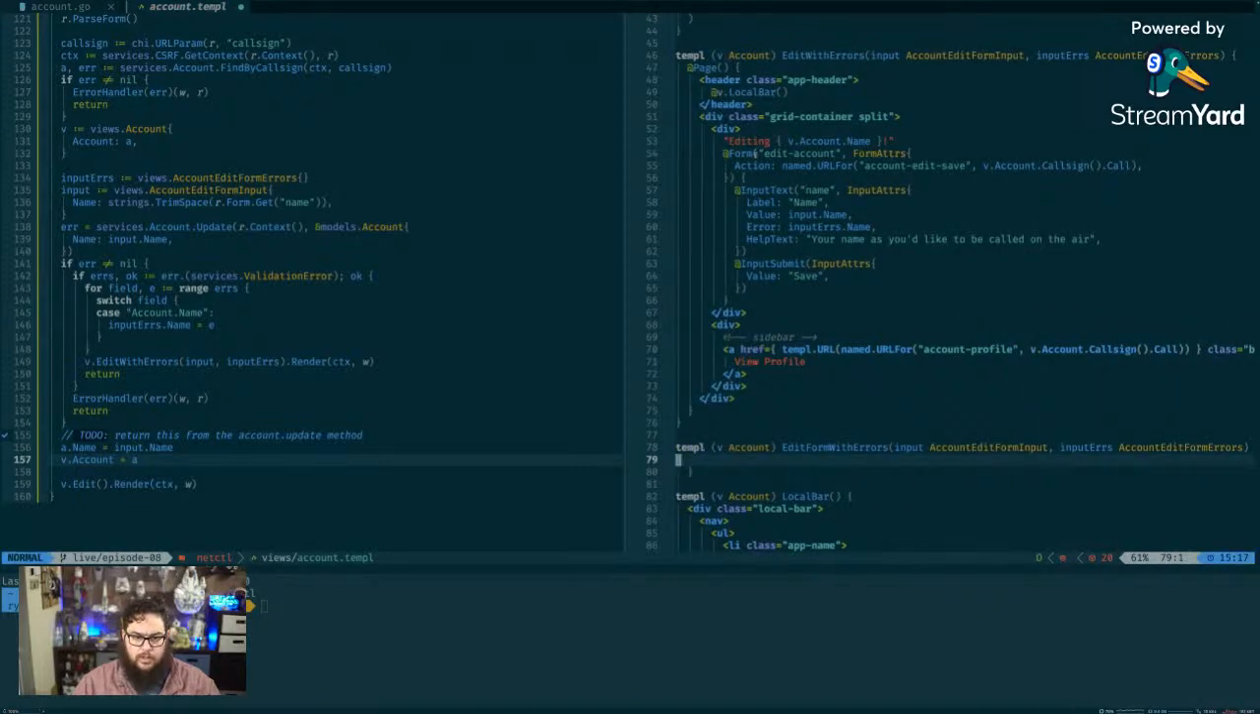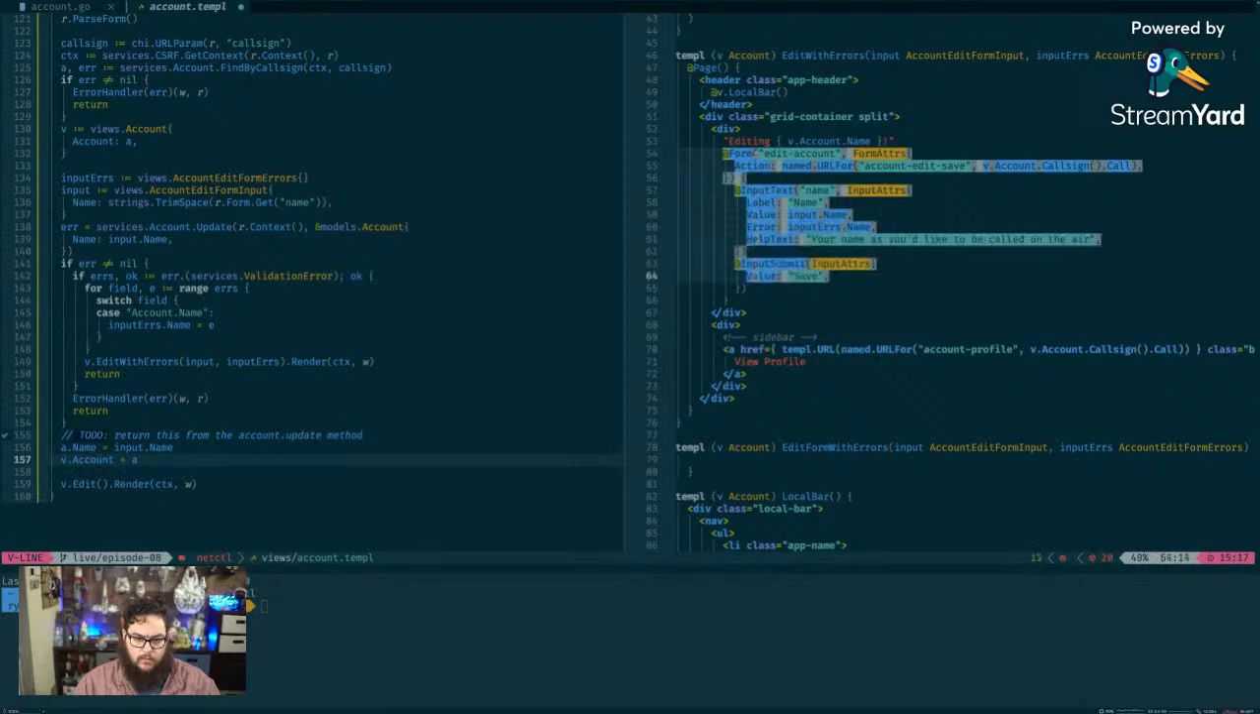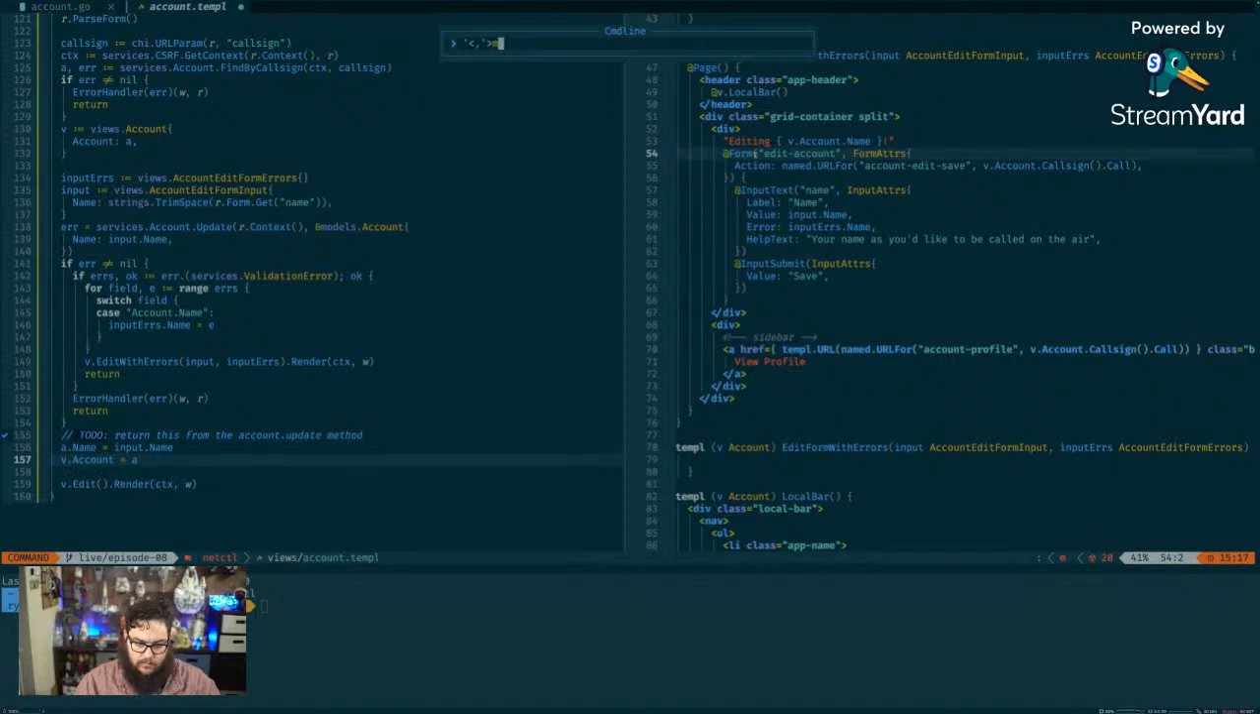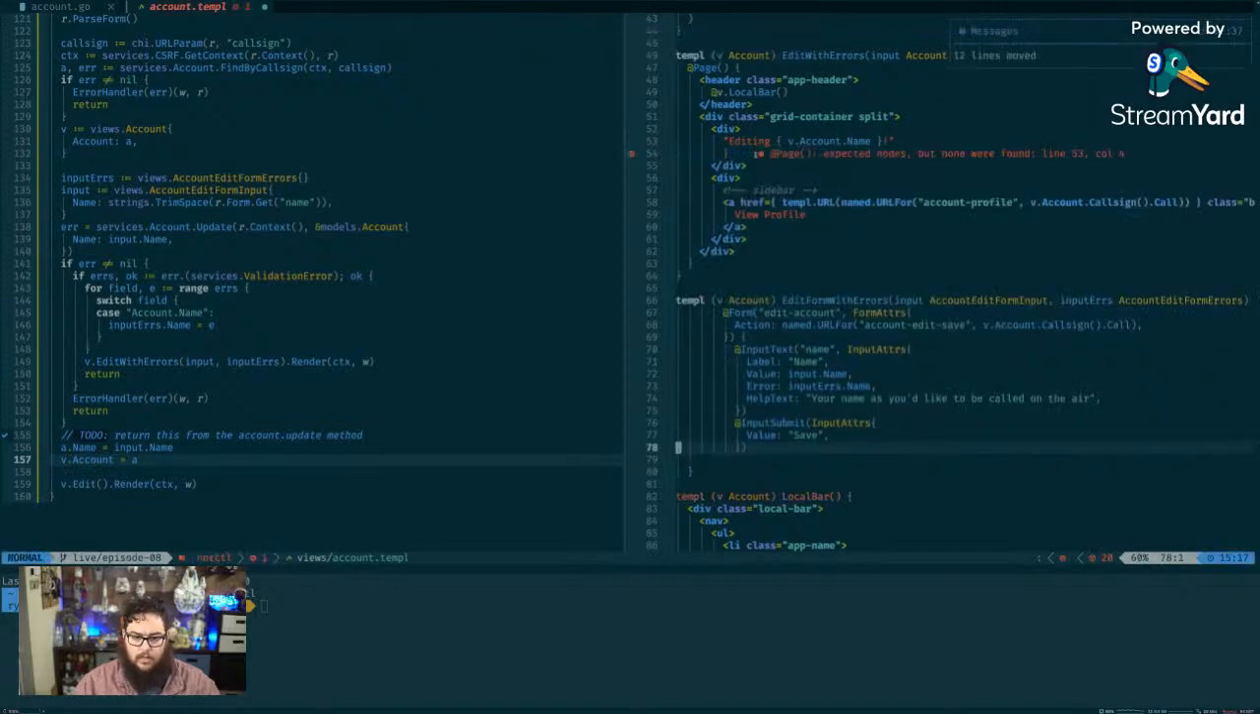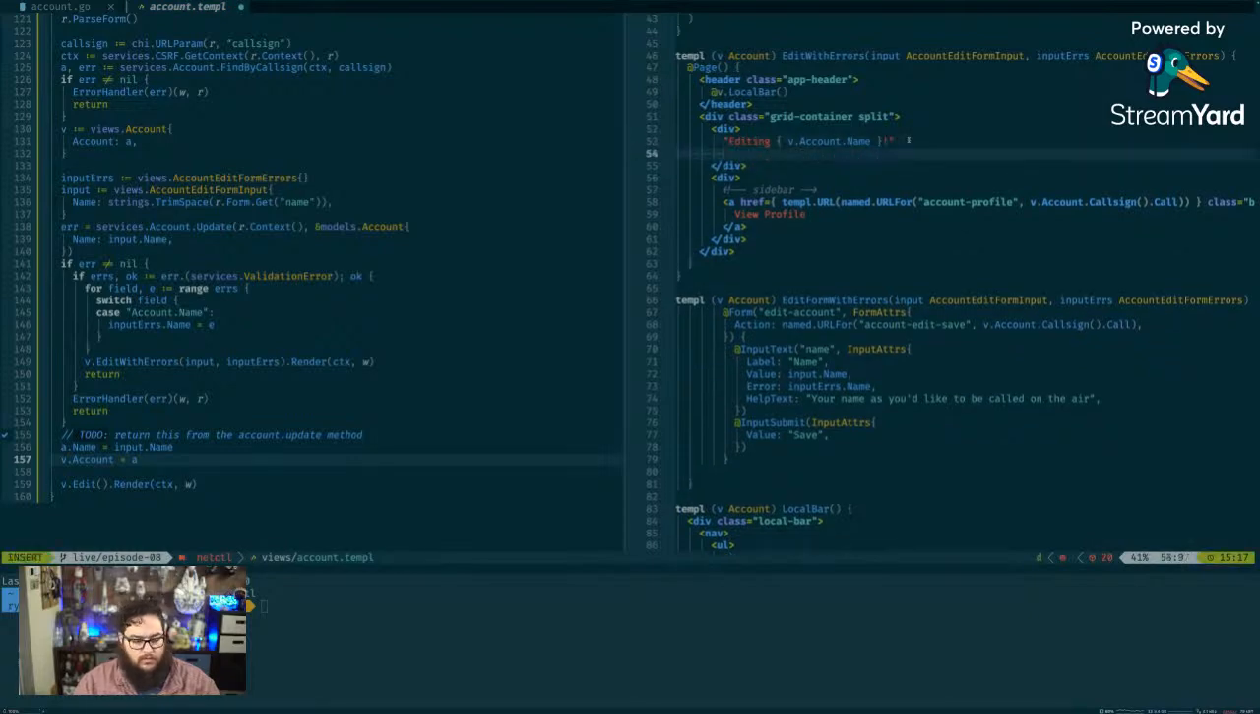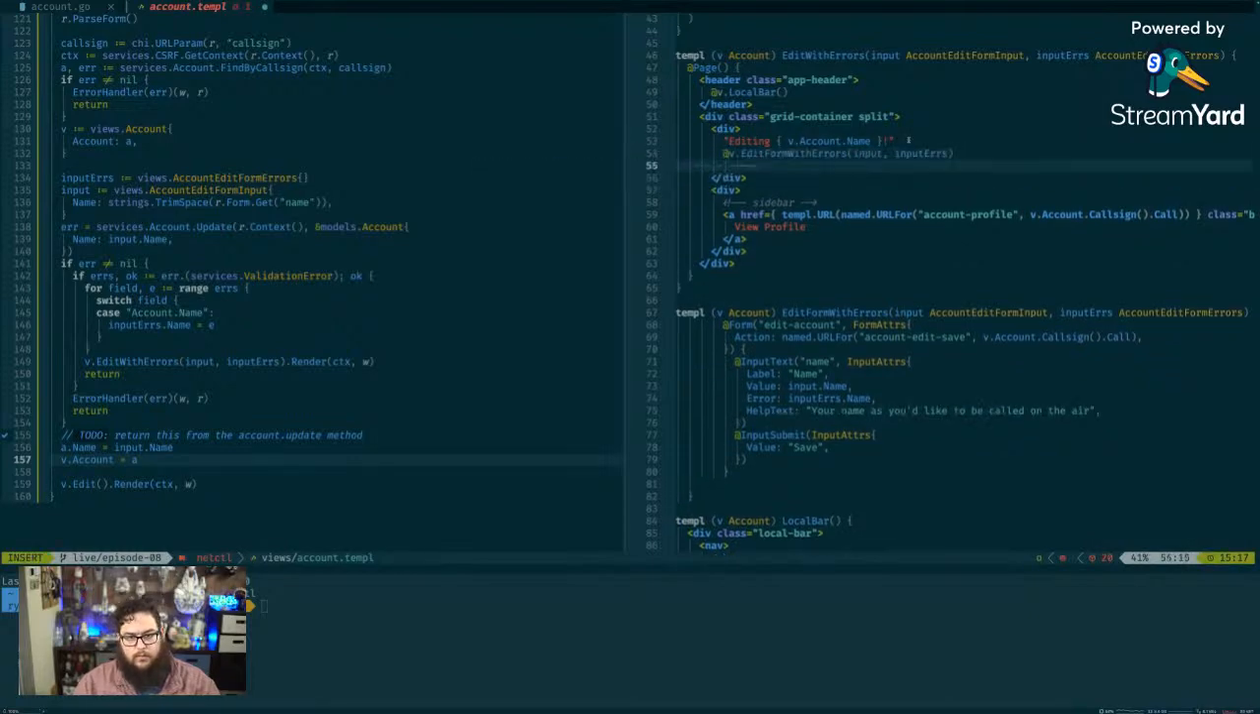I like just pulling out the form. The reason being this way I can re-render just the form and target just the form and pass just the form to render and re-render. And I accidentally, I don't need this, at edit form with errors, input errors, and then also